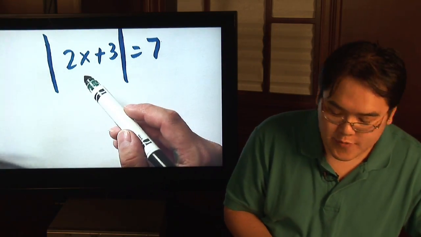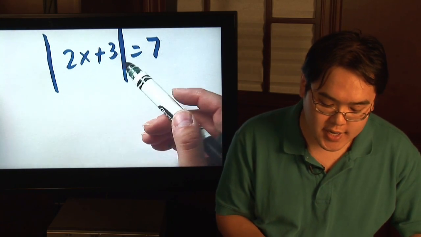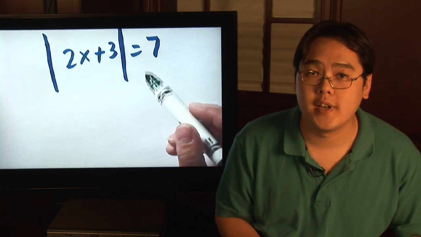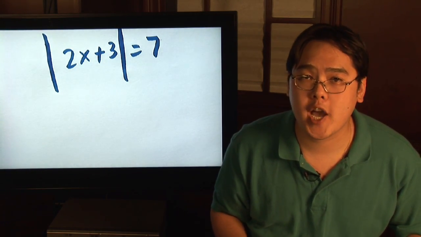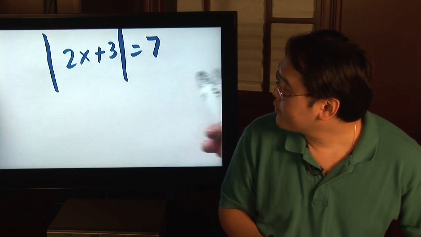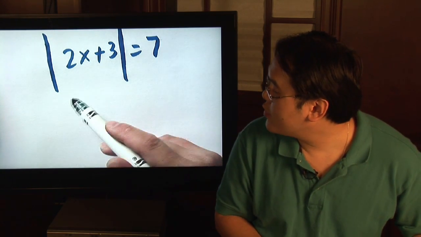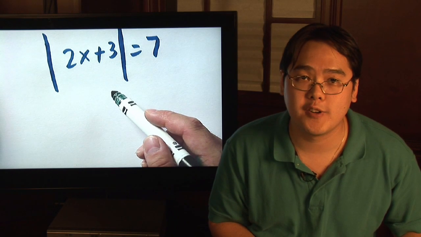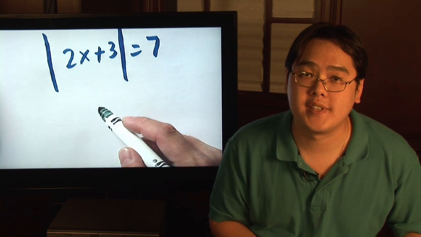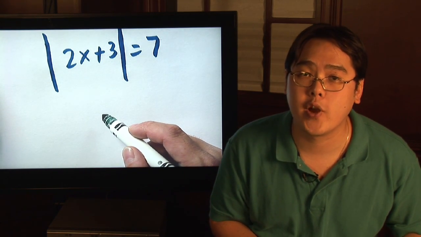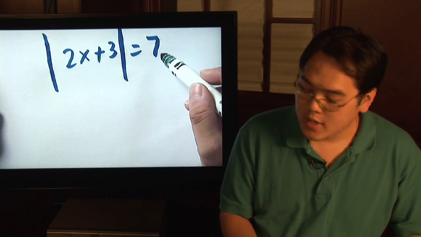Now, we have an absolute value equation of the absolute value of 2x plus 3 equals 7. Now, two things you definitely want to keep in mind before solving it. One, you need to be sure that the absolute value portion is completely by itself. It really helps if that's the case because it'll make solving the equation much easier. The other